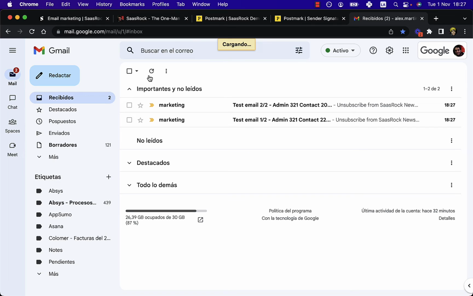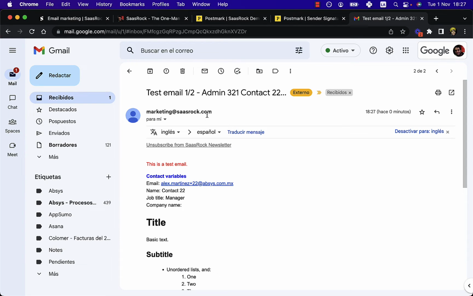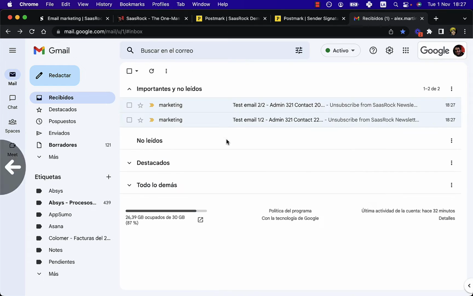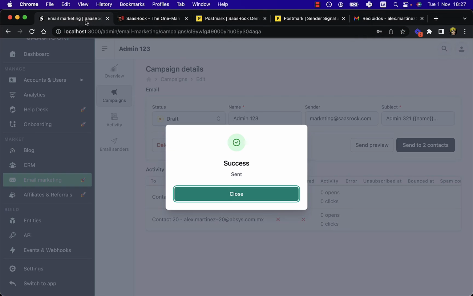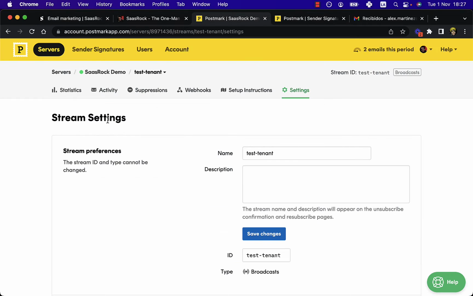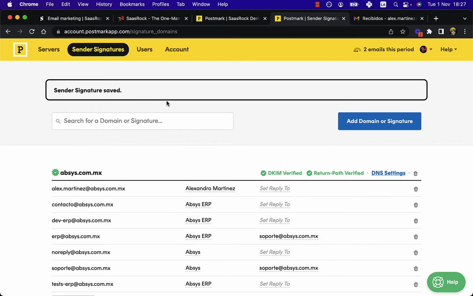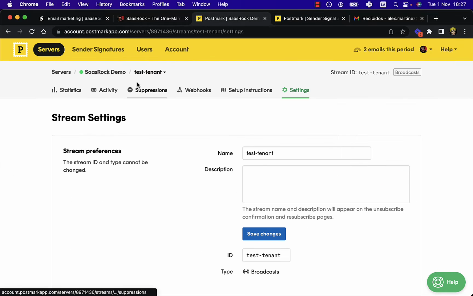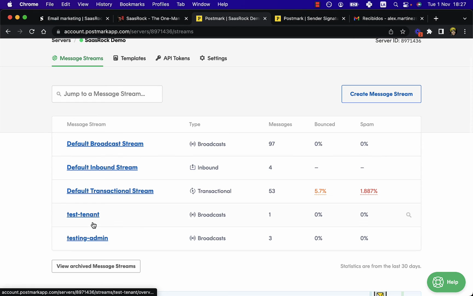So we should have two emails, the number 1 for this contact and the number 2 for this one. But we are not tracking the opens. So on the activity, it will say that this has not been delivered, which is wrong. So we want to go to our admin server, admin broadcast,